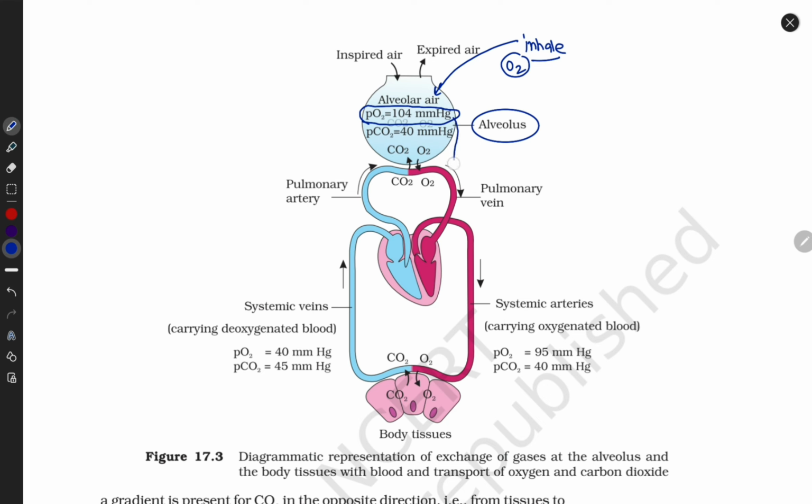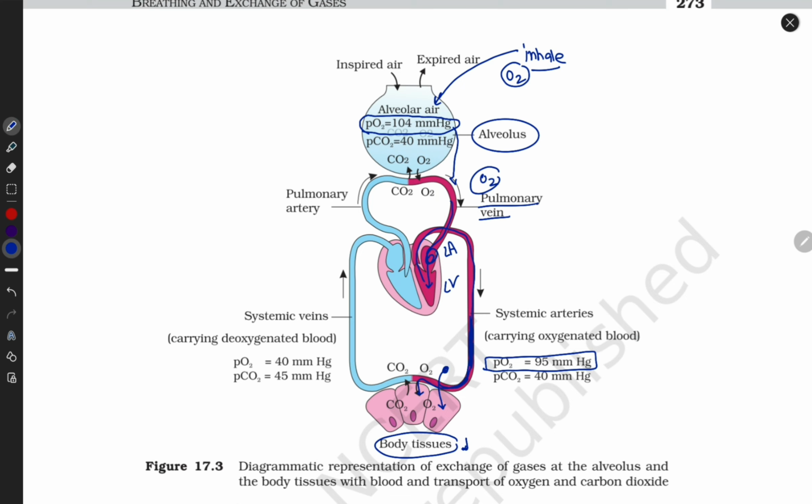Then the alveoli transport oxygen towards the blood vessels, and oxygenated blood is carried by the pulmonary vein. The pulmonary vein transports oxygenated blood to the left atrium, and then the left atrium passes its oxygenated blood to the left ventricle. Then the left ventricle is connected with the aorta, which supplies oxygenated blood to the whole body. How? Because body tissues have less oxygen, but this artery has lots of oxygen, so oxygen moves from high concentration to low concentration.